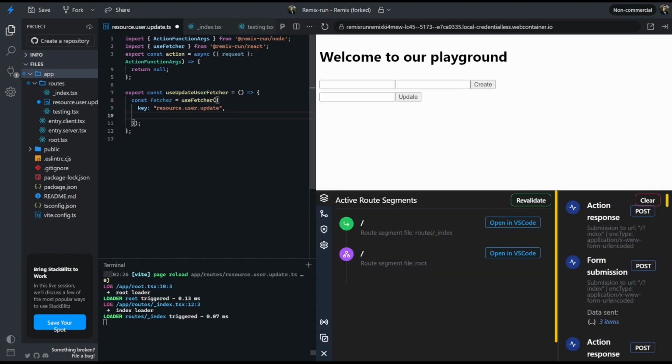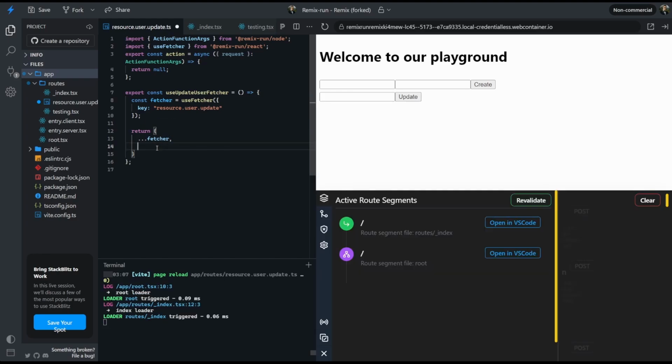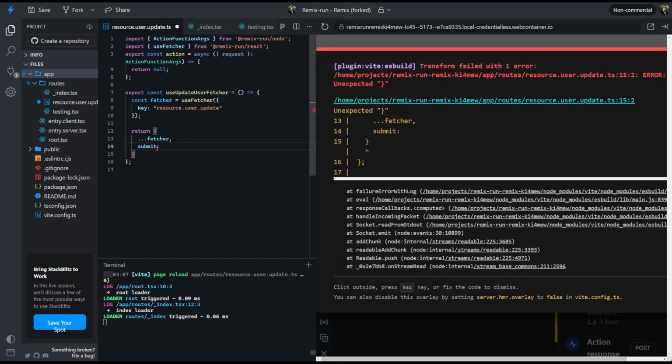I just like to specify them for the resource route updaters, so you can submit multiple fetcher requests to the same route. If you want to submit, you can remove the key. And then what we're gonna do is return the fetcher. So this fetcher has a submit function, as you can see. Because we're returning the fetcher, we're gonna say fetcher submit, and let's say user